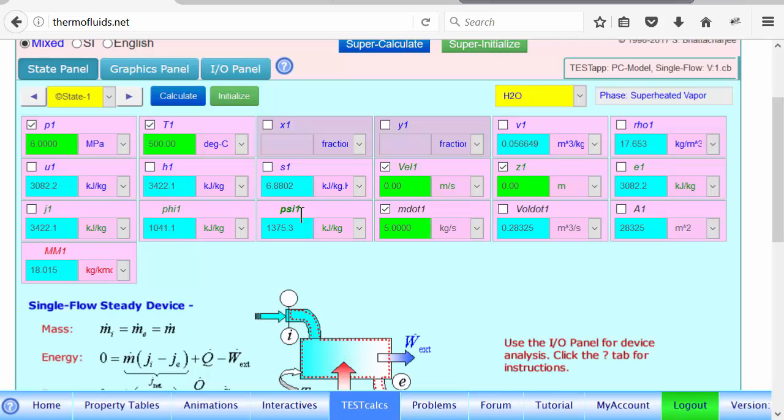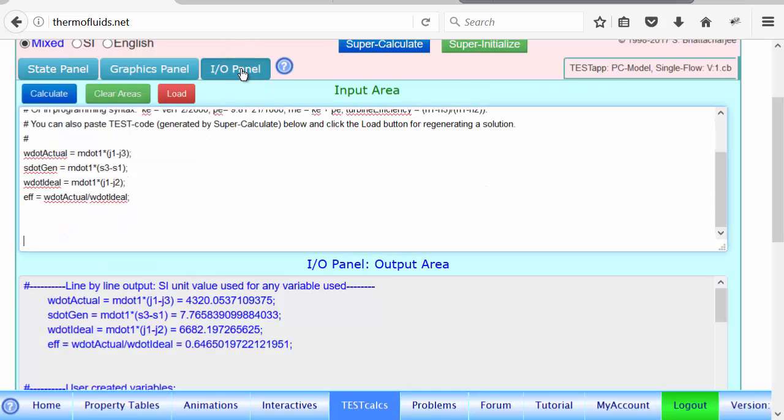Just like J, the flow energy, tells you how much energy is coming in, psi tells you how much useful energy is coming in. There's always energy, but you may not be able to extract that easily, but psi is something that tells you exactly how much energy you can extract. So now that we know how much energy can be extracted from the turbine in an ideal situation, we can find out